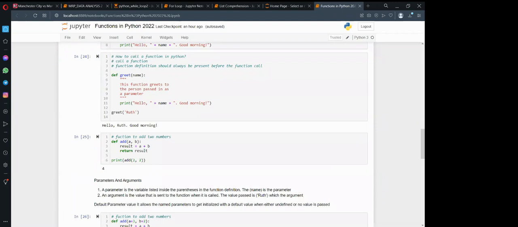Then in brackets, those are the variables which you want to use to add the numbers. Then result is the variable which you're using to perform that addition. So you add A and B, A plus B, then you want to return the result.